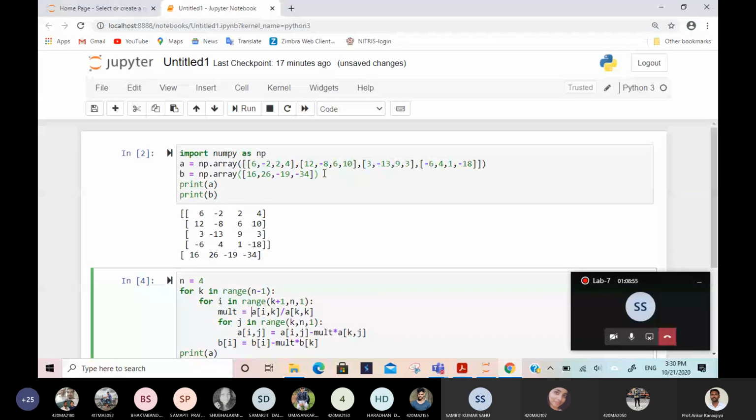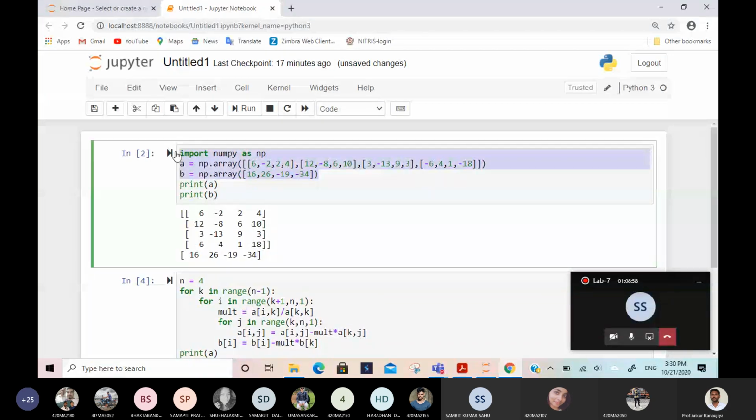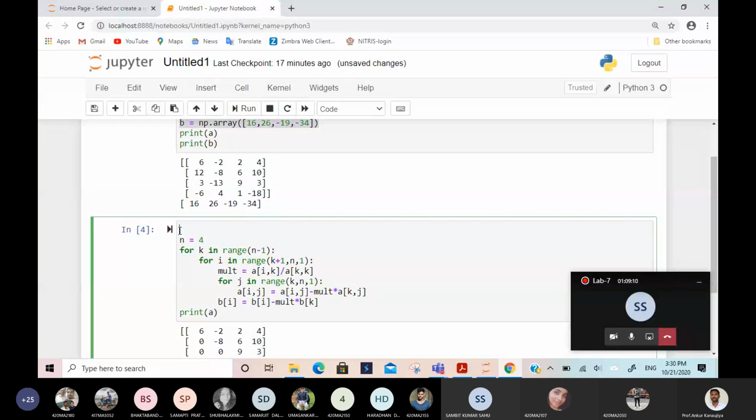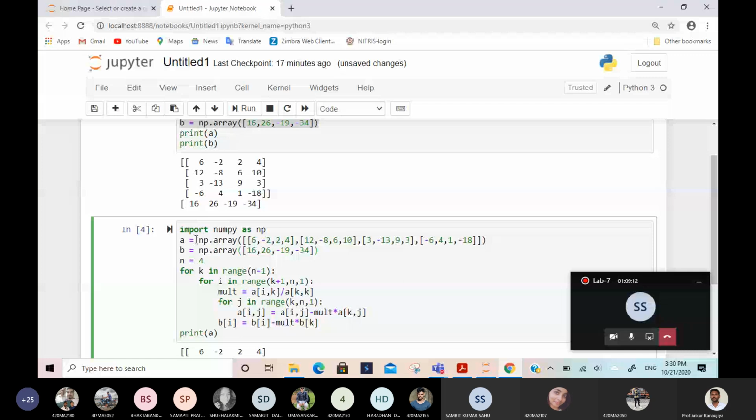I have to write this also, because now the matrix is changed. I'm just copying this one and writing here, so that everything will run simultaneously. Matrix A, matrix B, because after applying this, the matrix is changed. So if you apply the same thing again, the matrix will keep on changing.